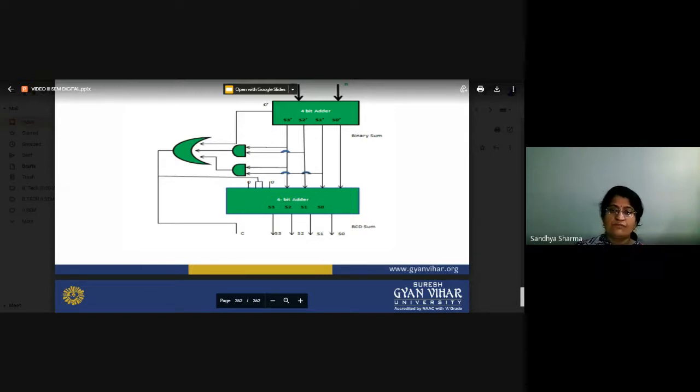Now we will move focus to some small objective questions. Before starting the objective questions, we have to use these BCD addition and magnitude comparator circuits. Comparison is basically done in comparator circuits, and the applications are in different industries where we are working on this particular comparator circuit. So now we can see here.